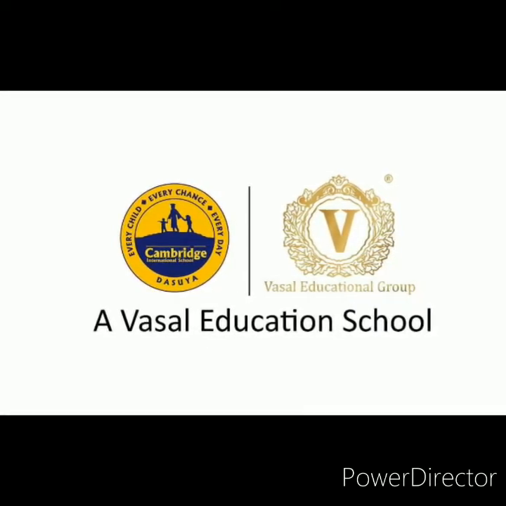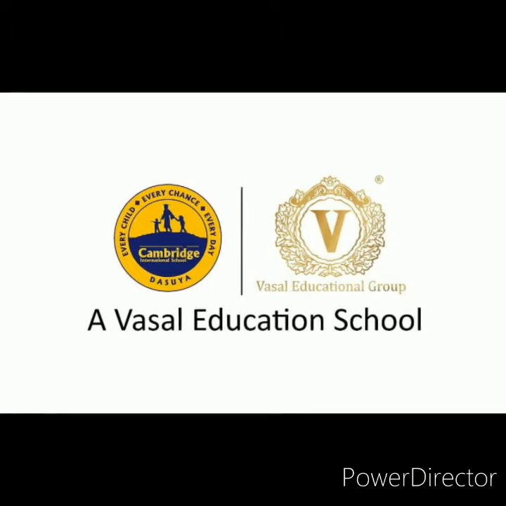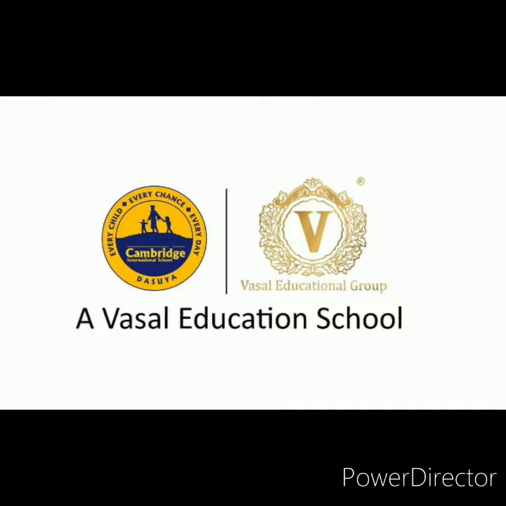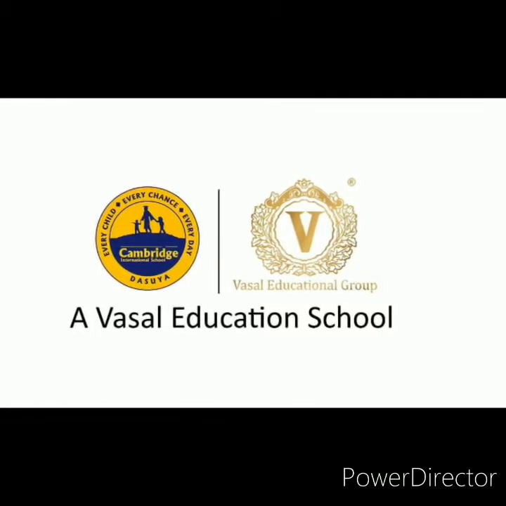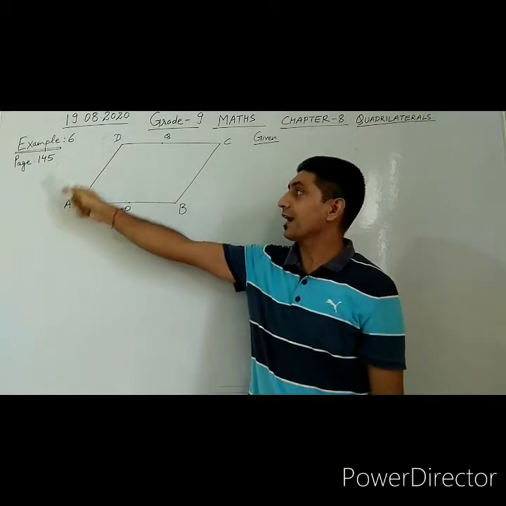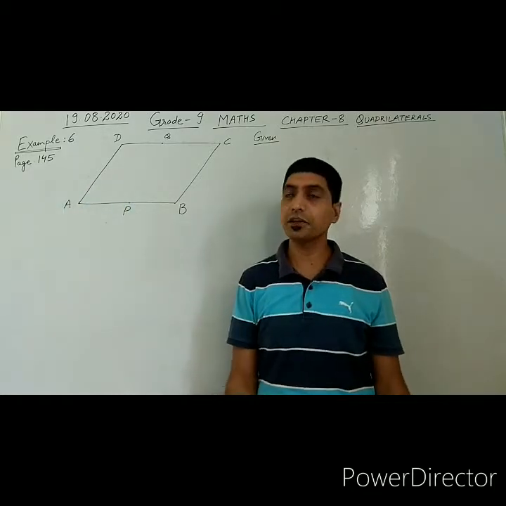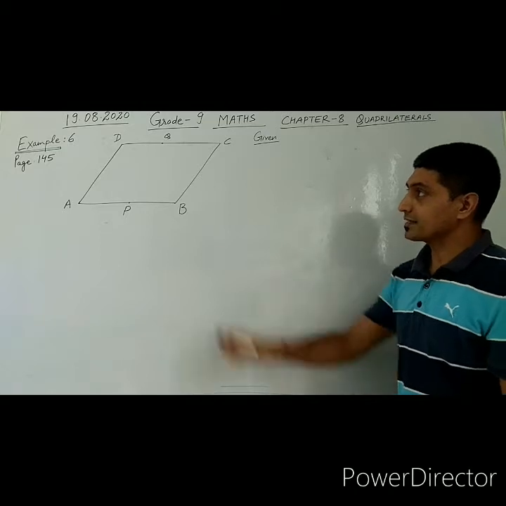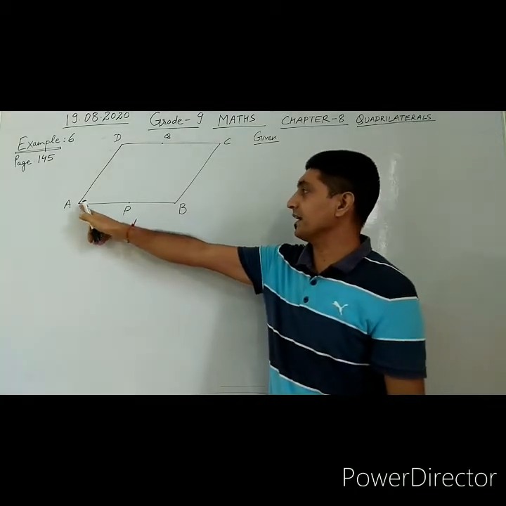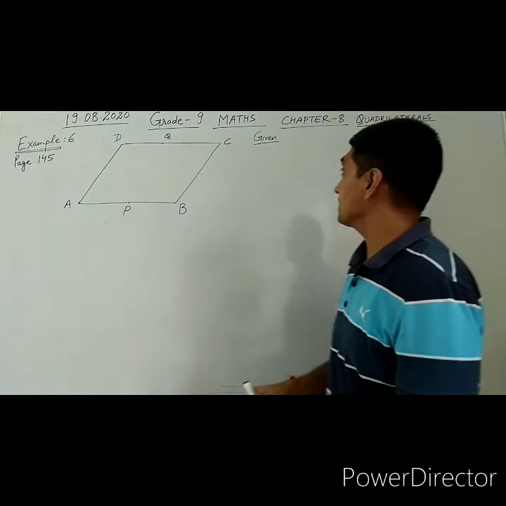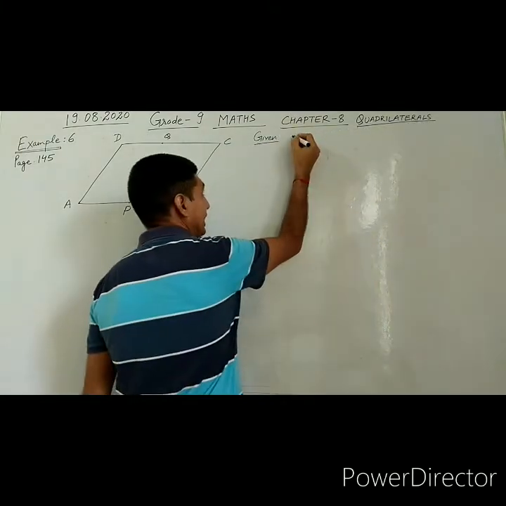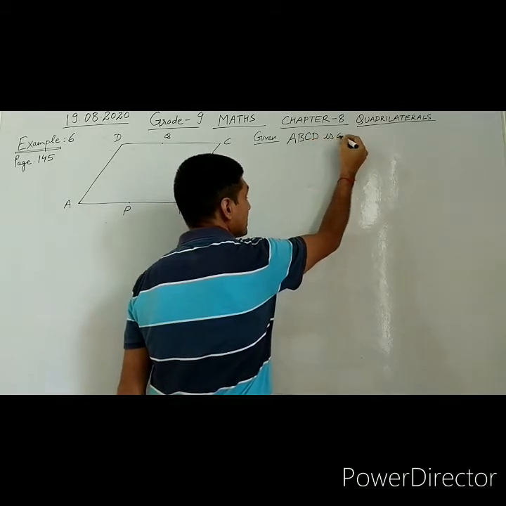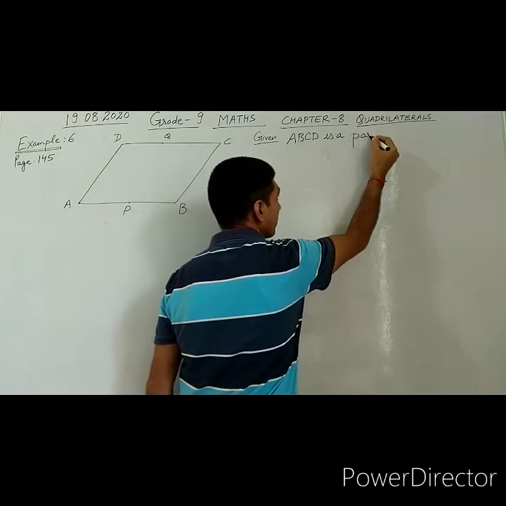In this video, I am going to discuss chapter number 8, quadrilateral, some beginning questions of exercise 8.1. Example number 6 at page number 145, chapter 8 quadrilateral. Example is here given: ABCD is a quadrilateral, given that ABCD is a parallelogram